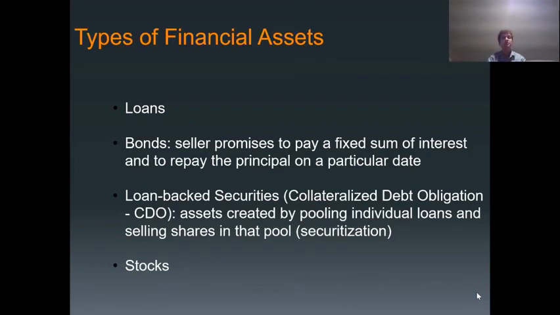Loan-backed securities, these are going to be sort of collateralized debt obligations, or CDOs. This is essentially a financial creation where they lump together a bunch of different individual loans. So this is, again, something that happened in the financial crash of 2008. They bundled together a bunch of mortgages, and they started selling shares in that pool. So that way, if one mortgage didn't get paid out, the rest were there to sort of cover the losses. That's a process called securitization, linking this all together and selling it out in pools.